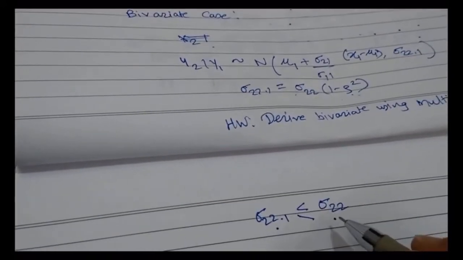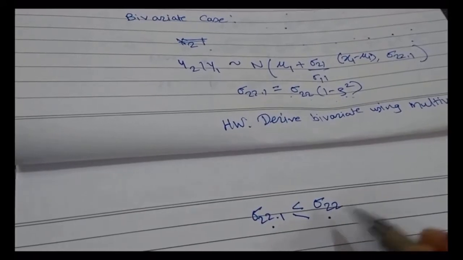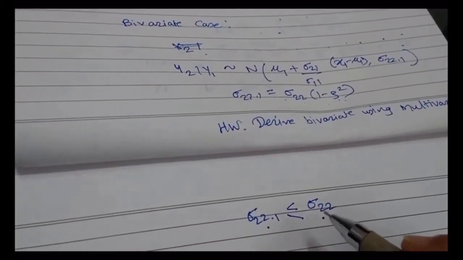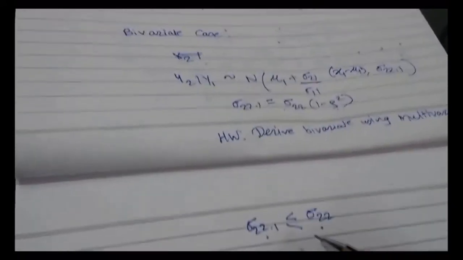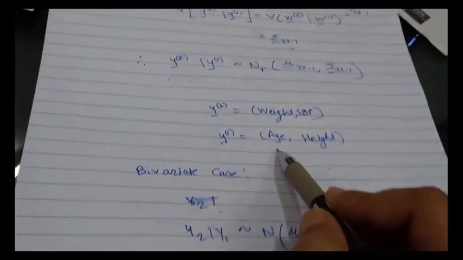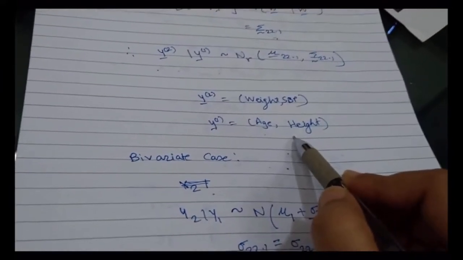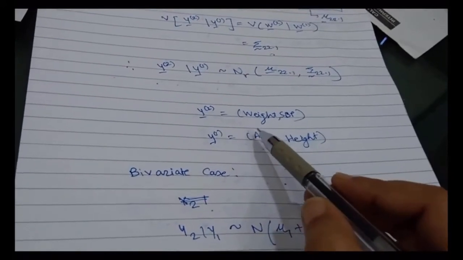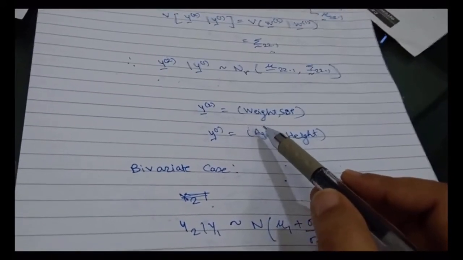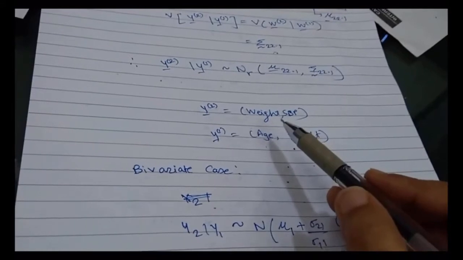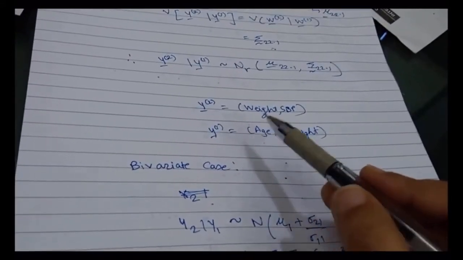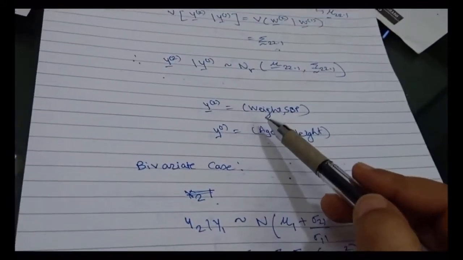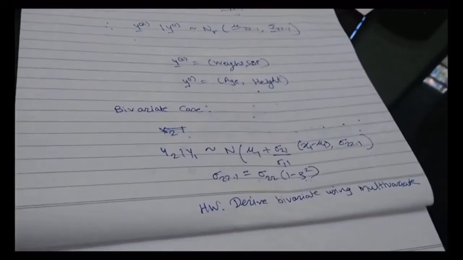It makes sense because when you are computing conditional variance, you actually have some information about the other components. That additional information decreases your variability. For example, in this case, if I know that the height of a particular person is say 6 feet, then I know that the weight cannot mostly be in the 30s. It has to be at least 40 kg. So the possible range for weight is lower once I know the height. Hence, conditional variance is lower than the marginal variance.